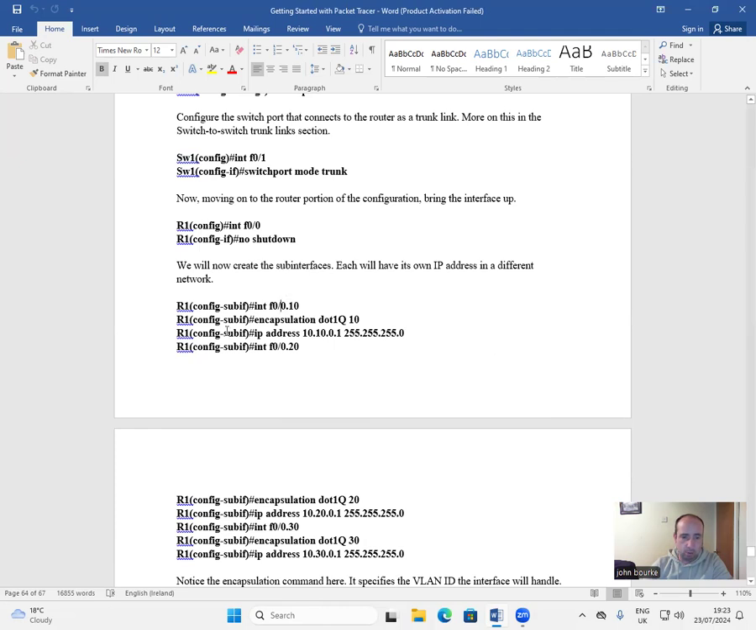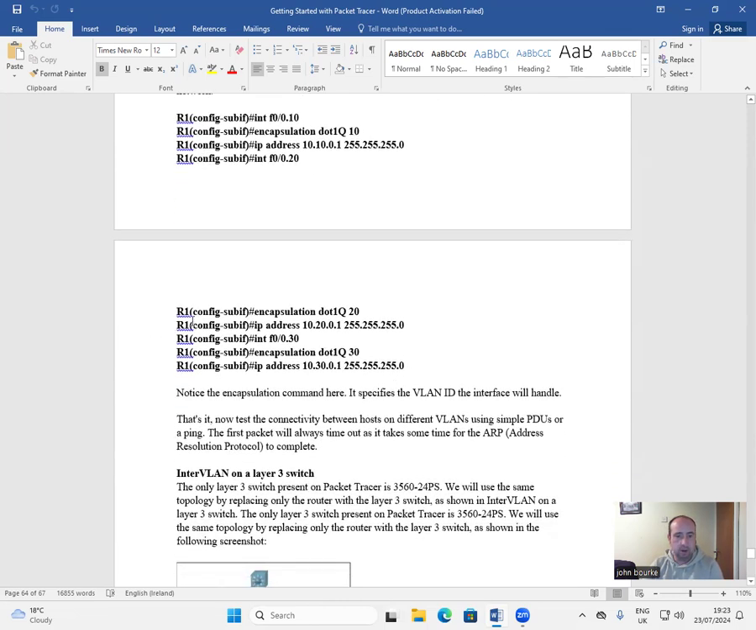Fa0/0.10. R1(config-subif)# encapsulation dot1Q 10. R1(config-subif)# ip address 10.10.0.1 255.255.255.0. R1(config-subif)# interface Fa0/0.20